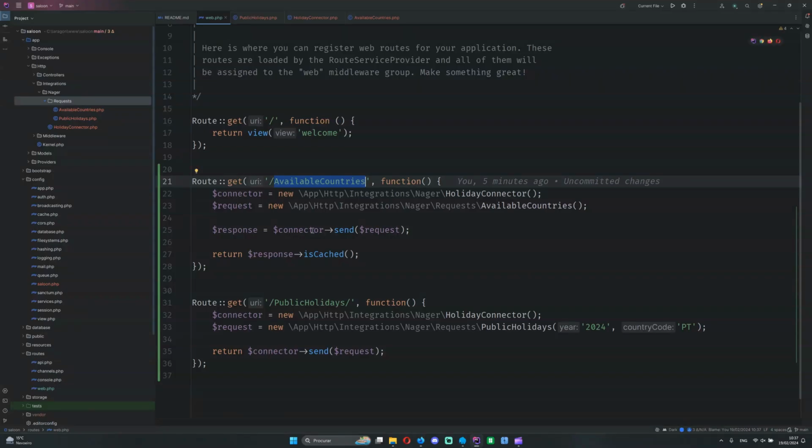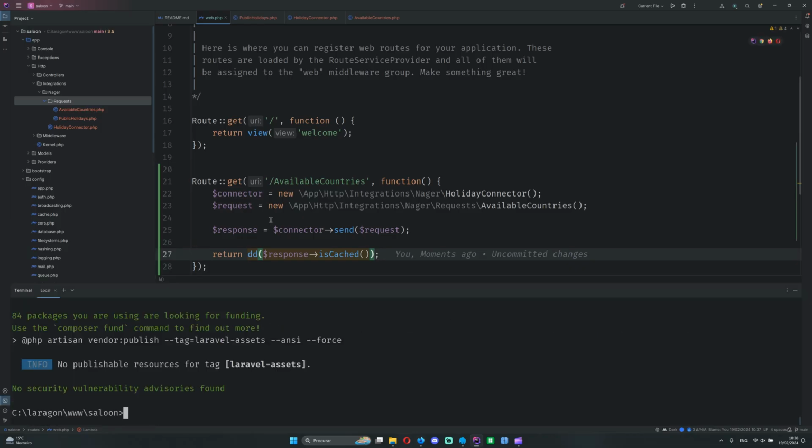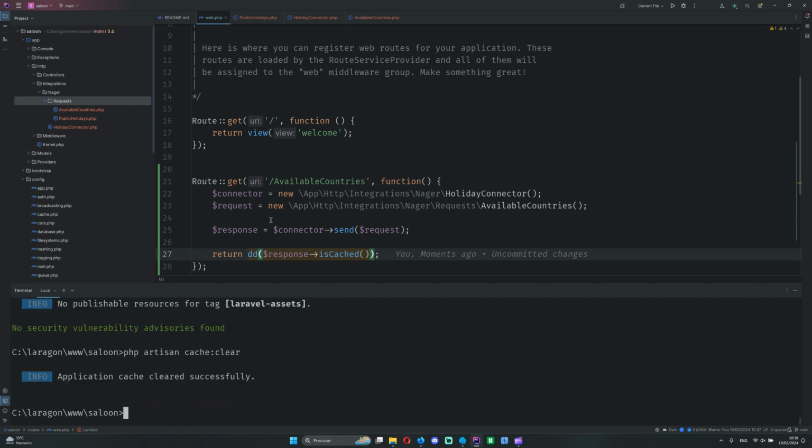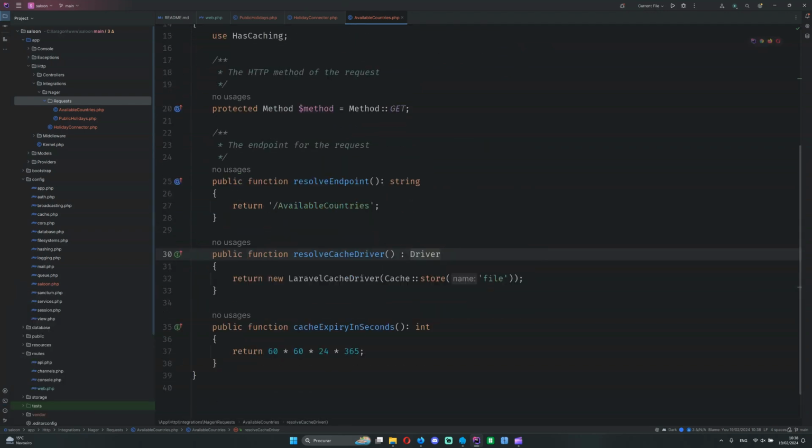What can we do to further see this working? Let's put a DD here. We have a 1, okay, a true. Let's go PHP artisan cache:clear. We should have a 0 now, or false. Yep, and run this again. And we have true. So our response is being cached just like that. We added 2 methods, added 3 lines, imported a plugin,